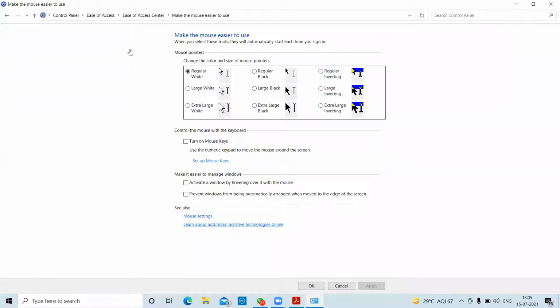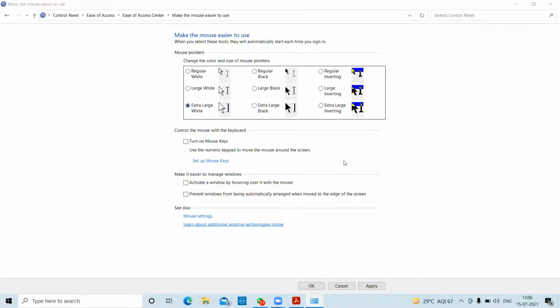Okay, students. So, change how your mouse works. If I click on that, it will show you different kinds of options, such as which pointer color you want to use. If you want to use the regular color, just like white, or extra large white. If someone likes the black color, they can use black for their cursor pointer. And these also have three options: do you want to use the regular black, the large black, or the extra large black? So if I click on this large white, my pointer will be large enough.